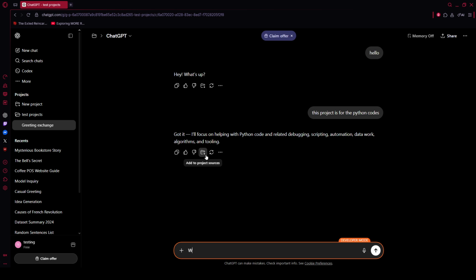A quick but important reminder on security. Avoid including sensitive personal or corporate information in your prompts. Keep your requests focused on the technical or creative work itself, and omit details that aren't necessary to complete the task. And that's it. Using projects to store chats streamlines your